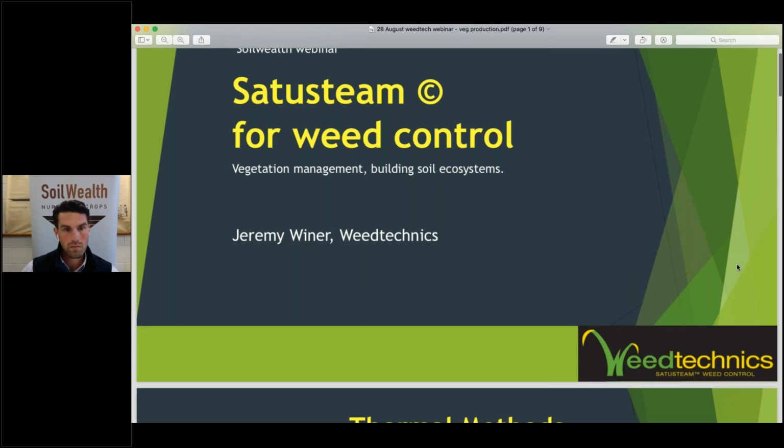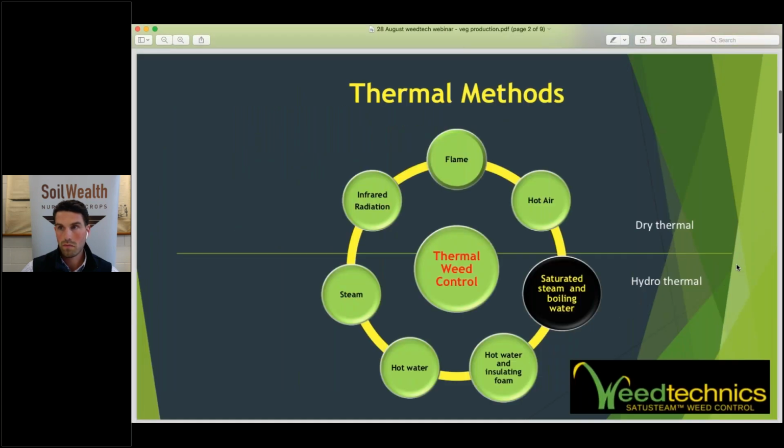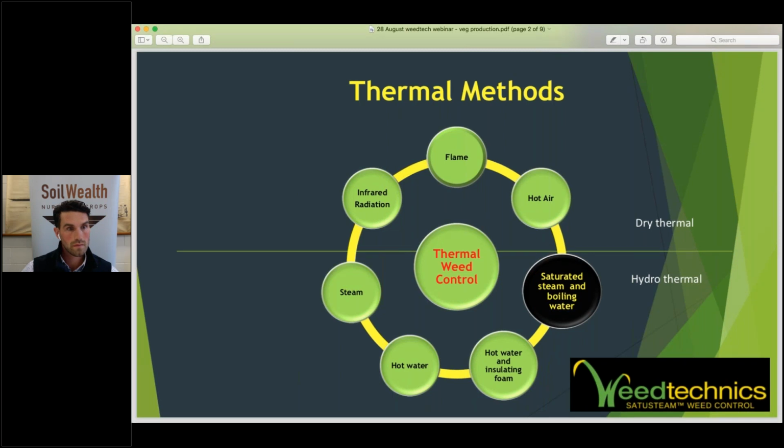For Leichhardt Municipal Council at the time, which was probably the first council in the world to go non-chemical by council vote, they restricted or eliminated the use of herbicides for the control of weeds in their footpaths and